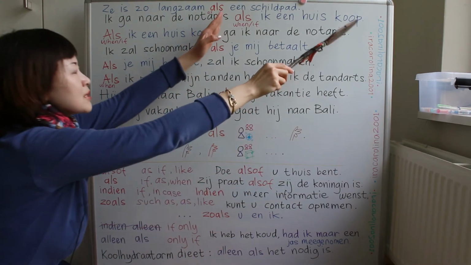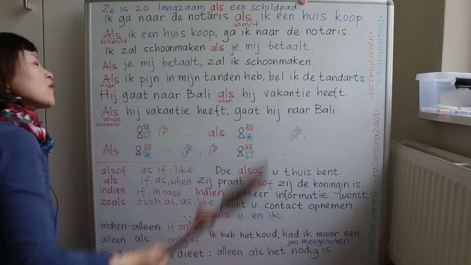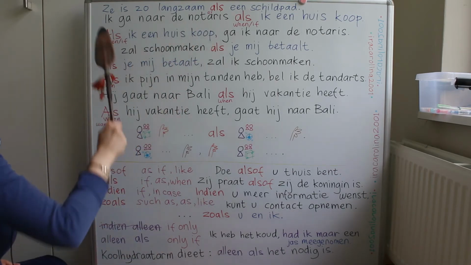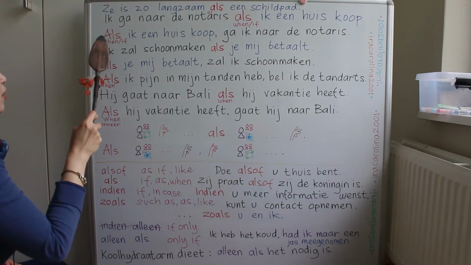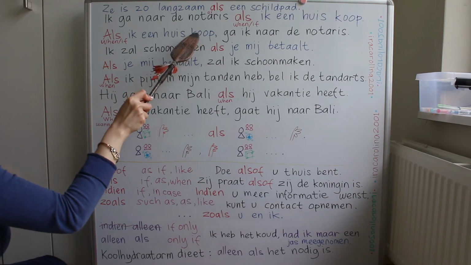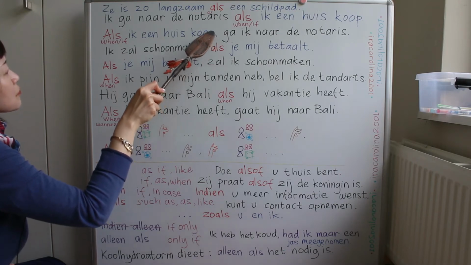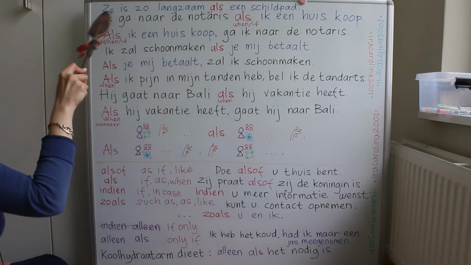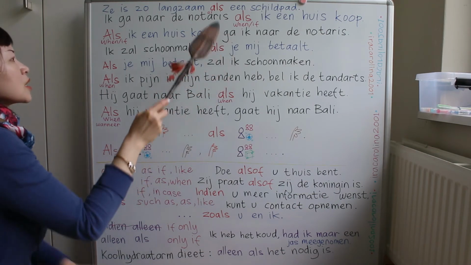So basically it's this, you see, als. So the verb at the end of the sentence, here still normal. Here we use the als first. Of course the verb is still here at the end of the sentence. And then we use a comma. We switch these two words. Verb first. Ga ik,